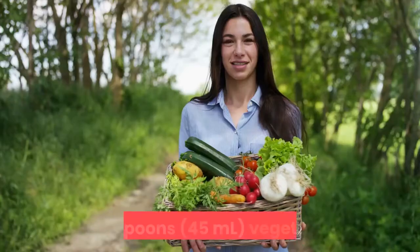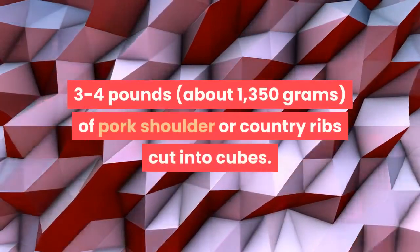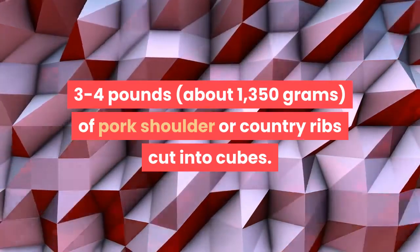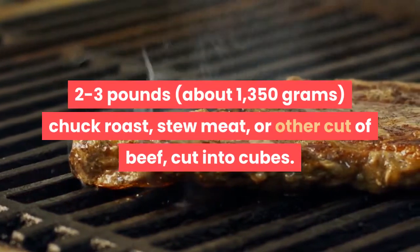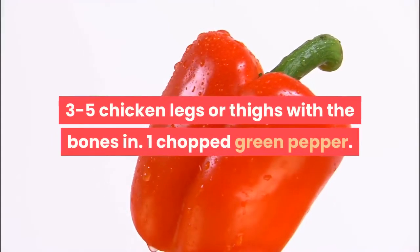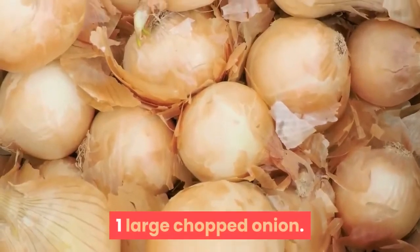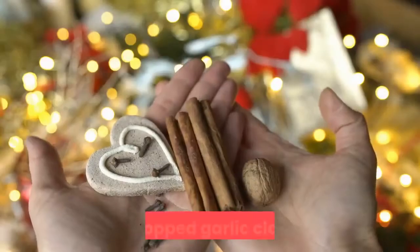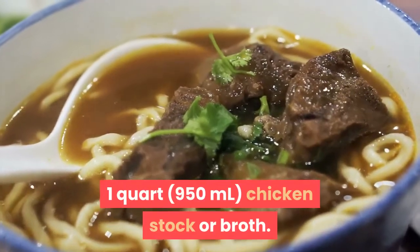Ingredients: 3 tablespoons (45 milliliters) vegetable oil, 3 to 4 pounds (about 1,350 grams) of pork shoulder or country ribs cut into cubes, 2 to 3 pounds (about 1,350 grams) chuck roast, stew meat, or other cut of beef cut into cubes, 3 to 5 chicken legs or thighs with the bones in, 1 chopped green pepper, 1 large chopped onion, 2 chopped carrots, 2 chopped celery ribs, 5 chopped garlic cloves,